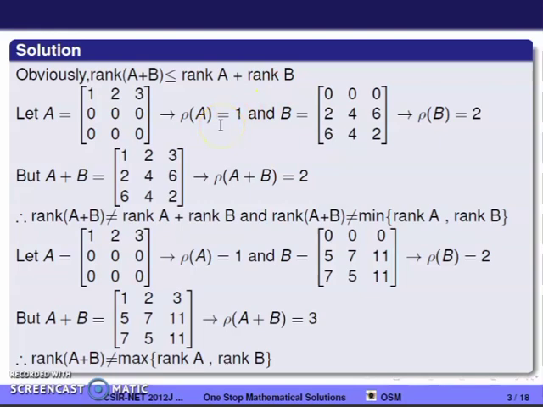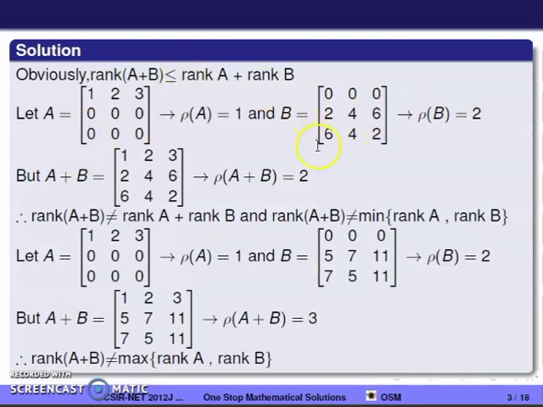Unfortunately if you don't remember this option, you take general 3x3 matrices for simplicity and generalize it for n by n matrices. So I have taken A as 1, 2, 3 and the last two rows as 0. So its rank is 1 because there is only one non-zero independent row. And I am taking B with first row 0 and the next two rows as shown. So rank of B is equal to 2.